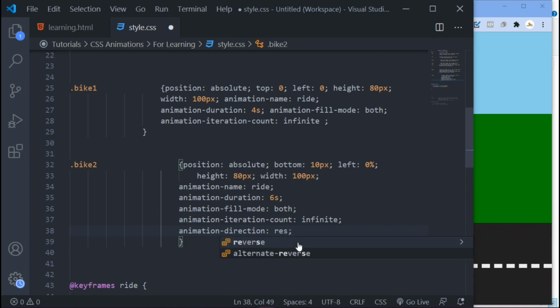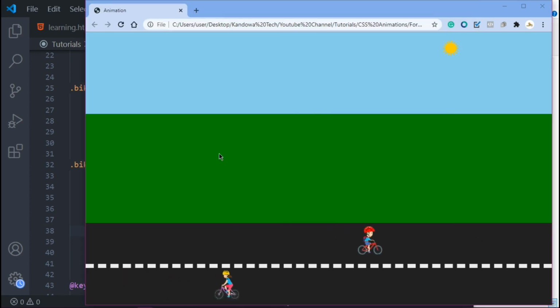If you use reverse, come in here, refresh, make sure you save. Then with reverse, it will reverse it. It's now going from here to here. See, it's reversing, coming from here to here. Perfect. That's how you set it.